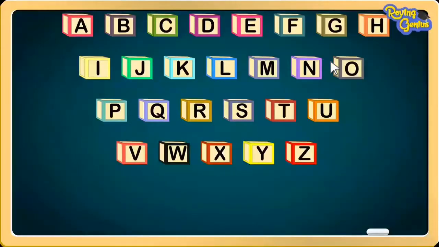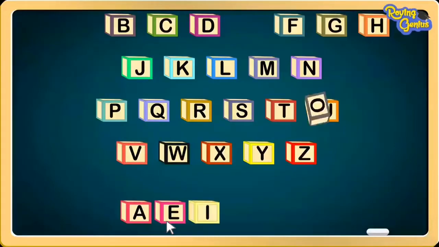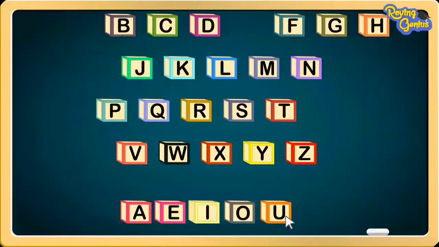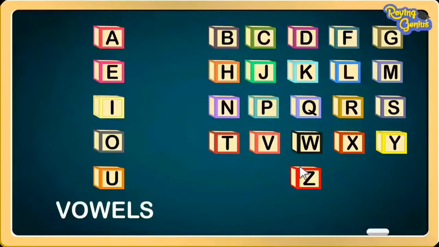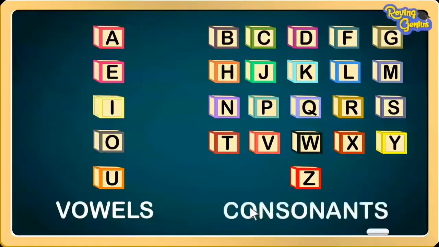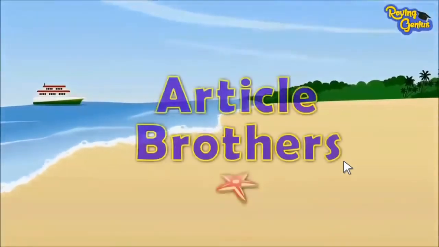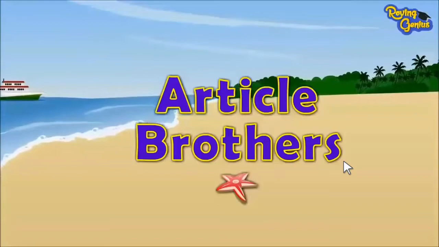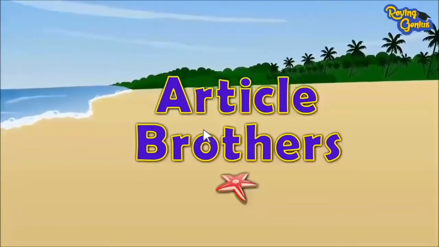This is the alphabet, English alphabet. Yes, A, B, C, D, all these are English alphabets. Now, these are vowels. A, E, I, O, U. Yes, these are vowels. और जो बच गए हैं vowels को हटाने के बाद, they are consonants. Now, we will see कि vowels के साथ an लगेगा और consonants के साथ क्या लगेगा, a.